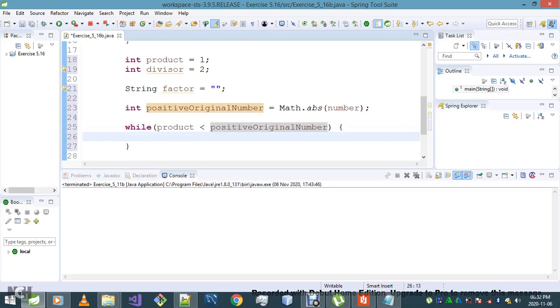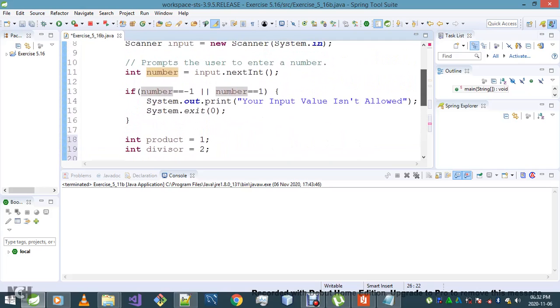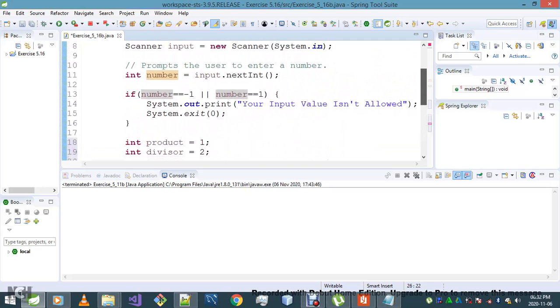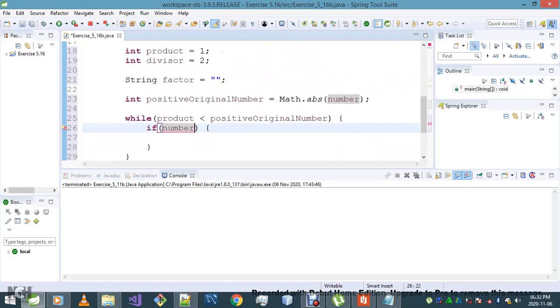While that is the case, what I'll simply do, I'll check if number is divisible by divisor. Okay, I'll check if number is divisible by divisor, and if the answer is yes, then